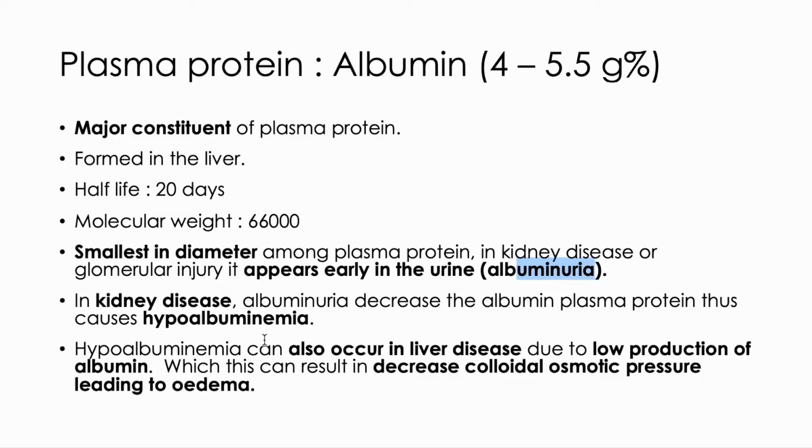dekat dalam blood? So kuranglah albumin dekat dalam blood. So that condition, in the blood, kita panggil hypoalbuminemia. Okay, so maksudnya dia dah kurang albumin dekat dalam blood, because albumin tu ada dekat dalam urine. Okay, so it's not necessarily those who have albuminuria ataupun hypoalbuminemia ni adalah dia ada kidney disease, because hypoalbuminemia ni can also occur in a liver disease, by which the liver cannot produce enough albumin, low production